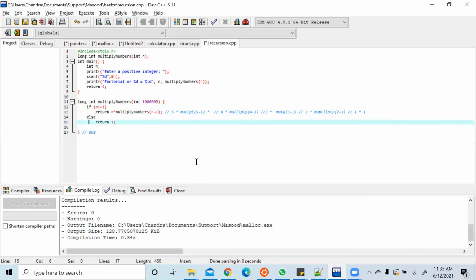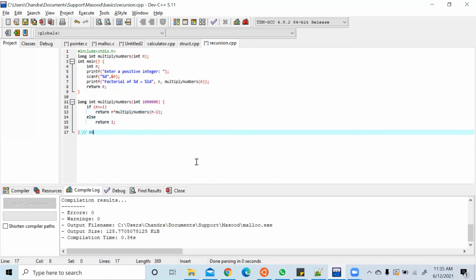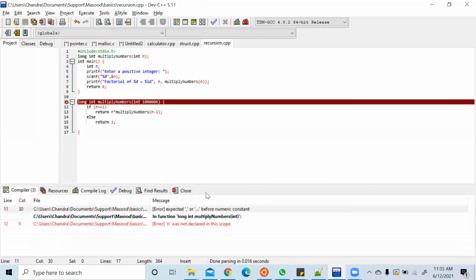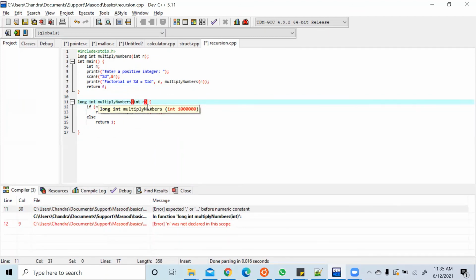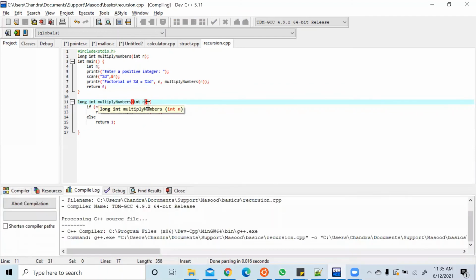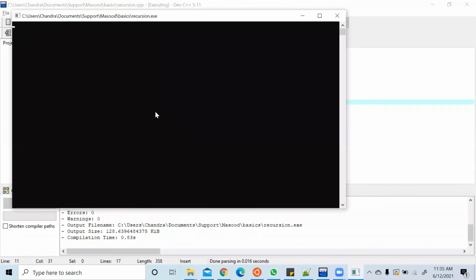Okay, let us compile this program and see the result and also see the stack overflow. Yeah, there is an issue. Compilation error. What is the factorial of 4? 4 into 3 into 2 into 1. 4 threes are 12, 12 twos are 24, right? Let us give 4 as the input. So 24 is the factorial of that number, and the program returned with 0 value.